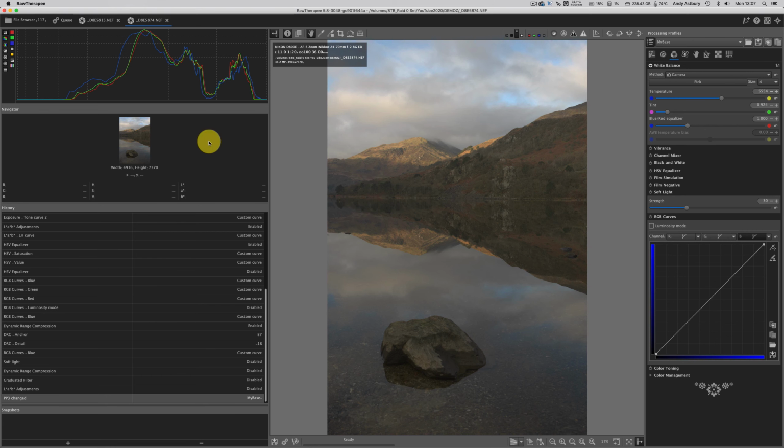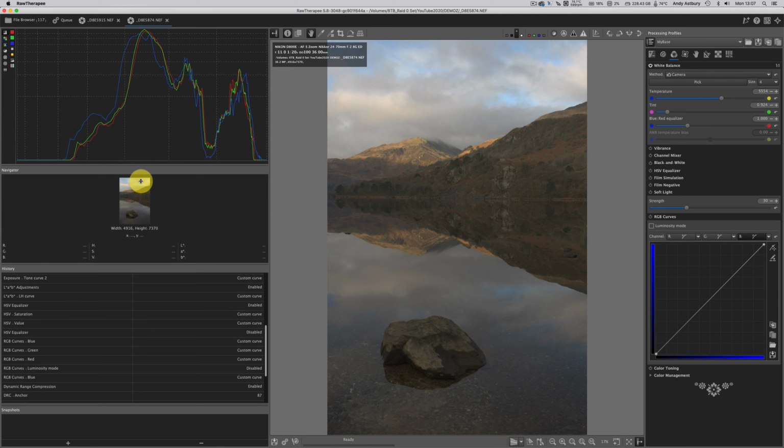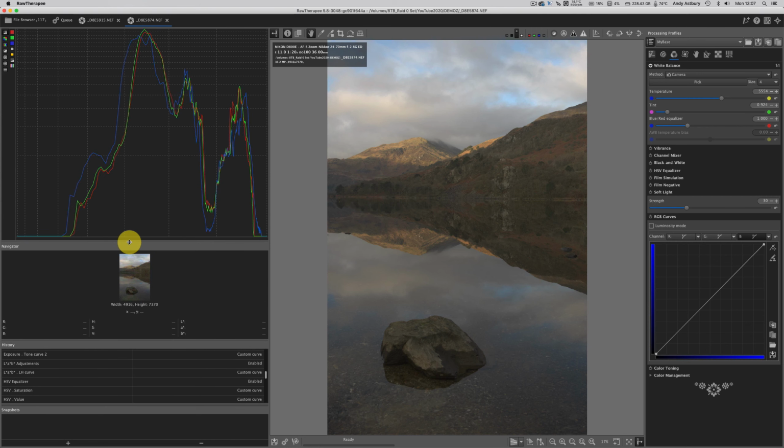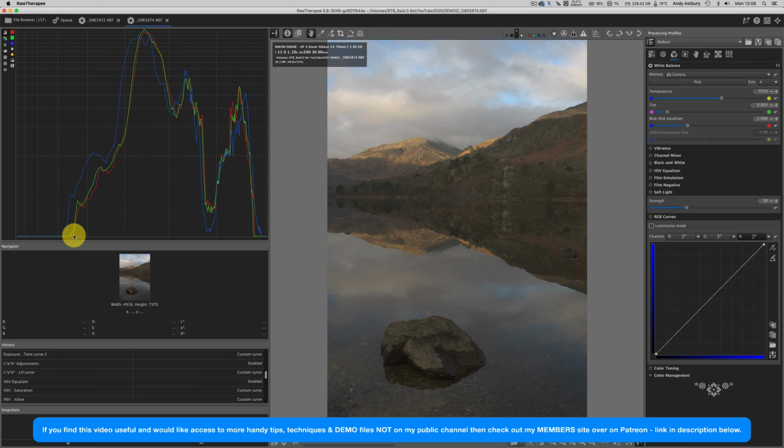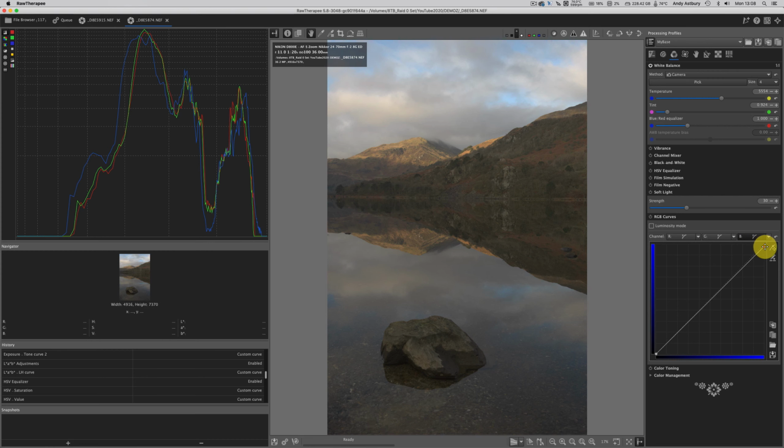We've got a different sort of histogram. Let's give that a good old stretch out. So we can see, again, we've got a blue channel which is trailing in the shadows but slightly advanced in the highlights. Our green channel and our red channel are pretty much together. So in terms of colour, if we stay with the blue channel, if we pull the highlight down a little tad,